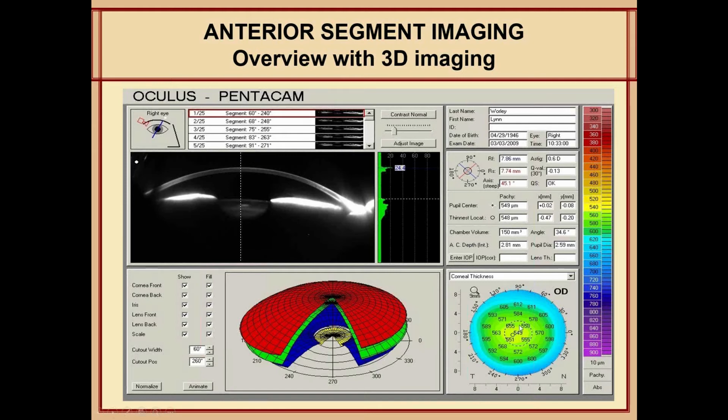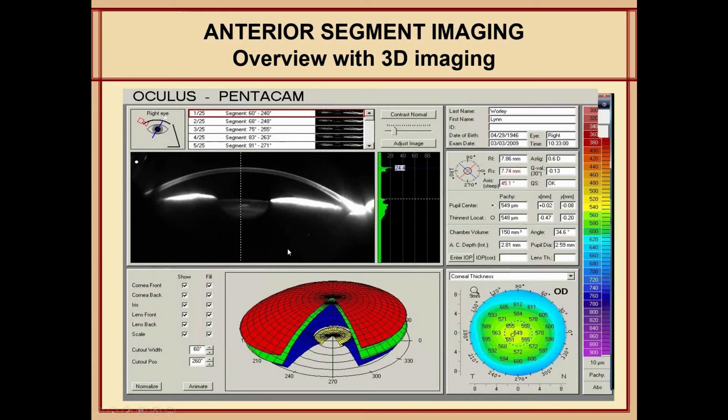And on the right side, you see this one is a corneal thickness, but you can change it to any map you would like to look at. And it gives you also a cross-section of the anterior segment of the eye and of the lens of the eye primarily,